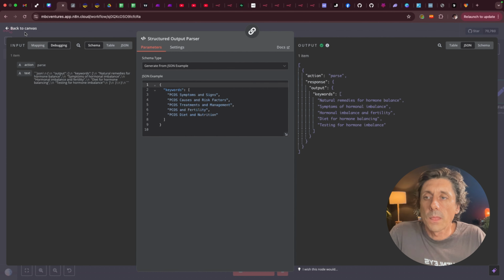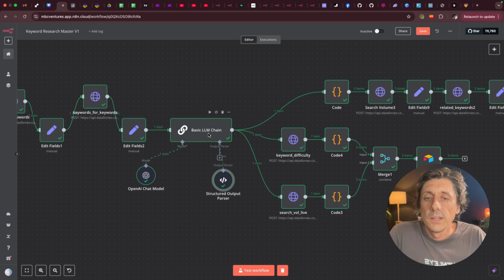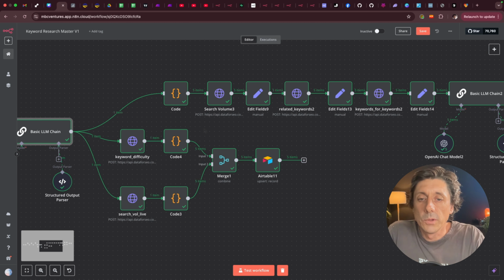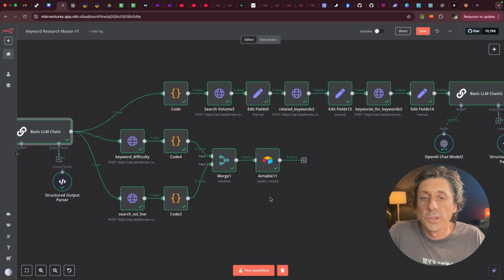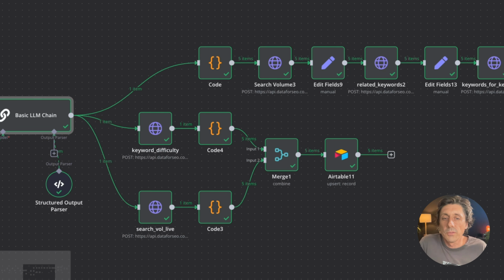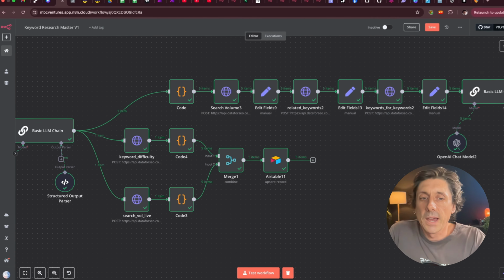Okay, so now that I've done that, the output from this LLM is 5 tier 1 keywords. So this is where it starts to get interesting. We now can branch out and do multiple things here. Now this might look a little bit kind of spaghetti junction and hard to understand what's going on, but it really will be quite straightforward once we just break it into the different stages. But we're going to focus on this top chain second. We're just going to focus on this bottom 2 chains now, and then we'll come back to those top chains,